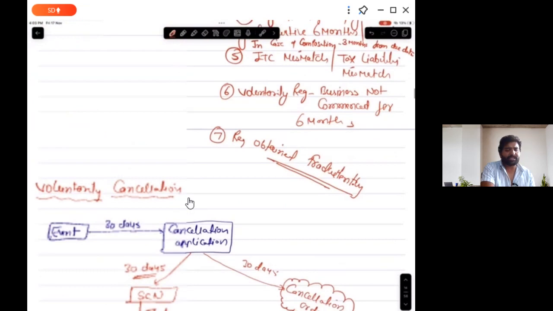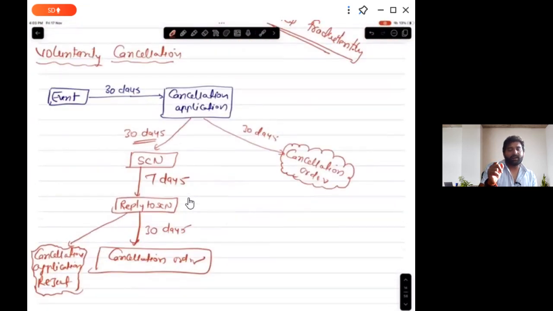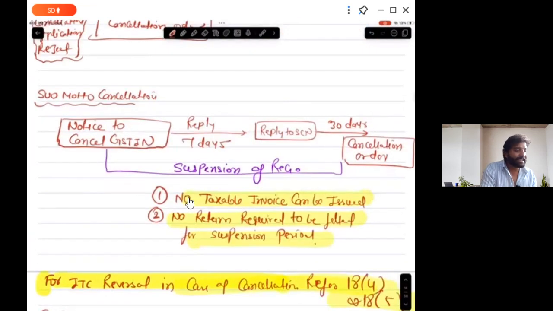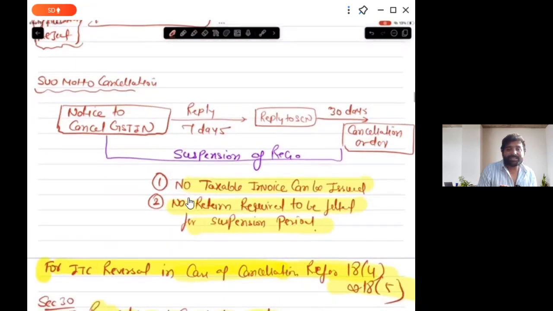Now, there's a very simple process. Notice will come, reply has to be given, then a notice will come again. So there's a very simple process. I am not going into that process. This is again very interesting. Once I get a notice that my GST is getting cancelled because of any reason, my